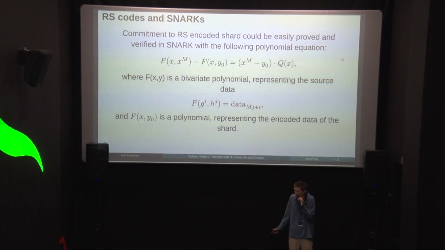We just represent the data as a table of numbers, and calculate this table as a bivariate polynomial, and then we can perform random linear combination of columns and prove that this is correct random linear combination of columns. Then, if we have enough random linear combinations of columns on different instances, we can recover the initial table.